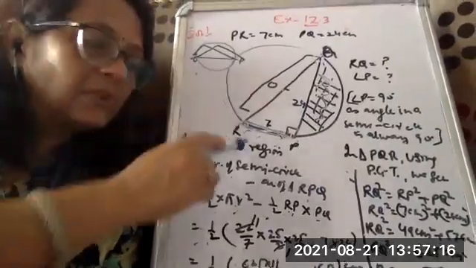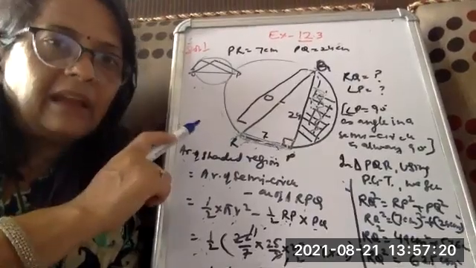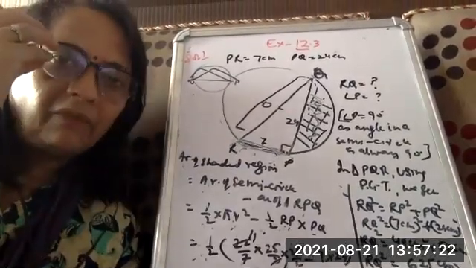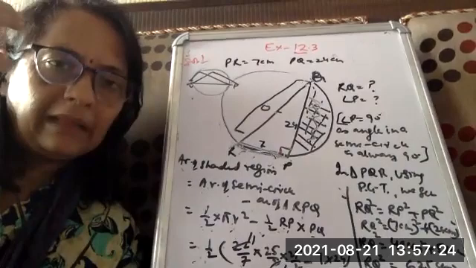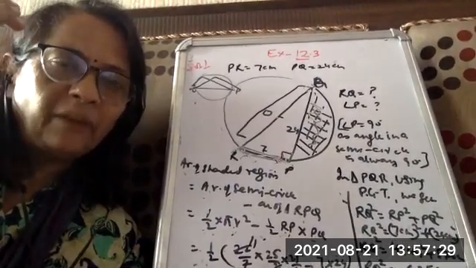So children, what we have done here, we have understood this question by using one theorem which we have done in class 9, that is the angle in a semicircle. So whatever we have studied in previous classes will be applied in this exercise, which is related to the area of combination of different plane figures.